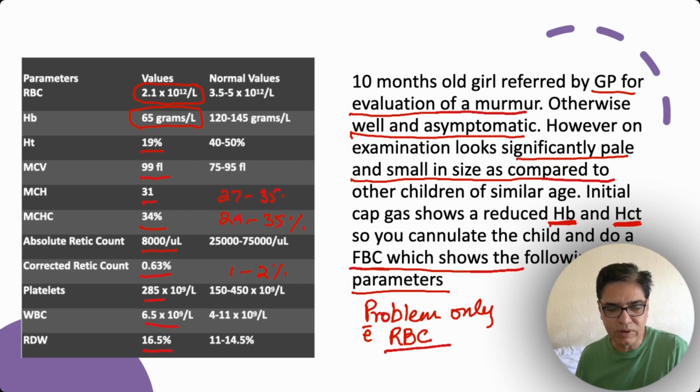I mean, if you look at this, why? Because your blood has got other lines as well. You've got the platelets, you've got the white blood cell count, and it seems like this picture is showing that only the RBC line is affected. The other lines like the platelets and the white blood cells are not affected. So there is something related to the red blood cells. It's not cross-cutting, affecting all the cell lines. Something is only affecting the RBCs. So fair enough. We'll come to this case later on. Now, moving on,